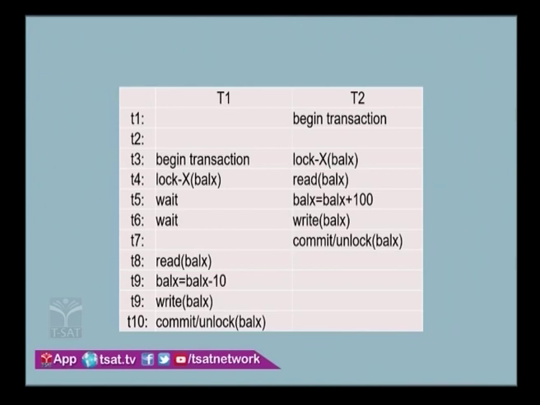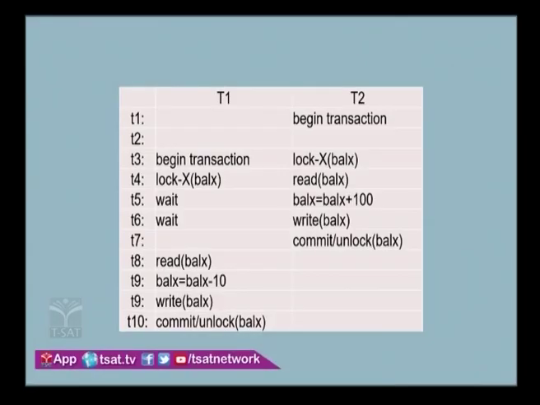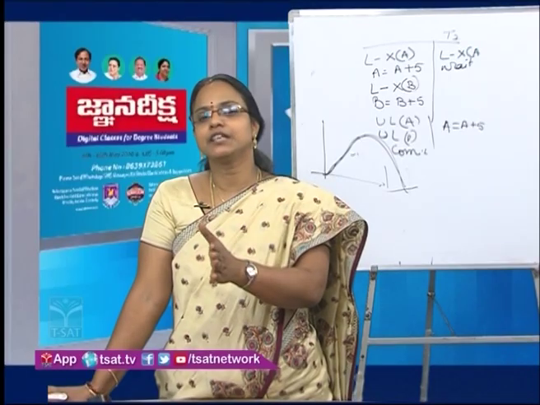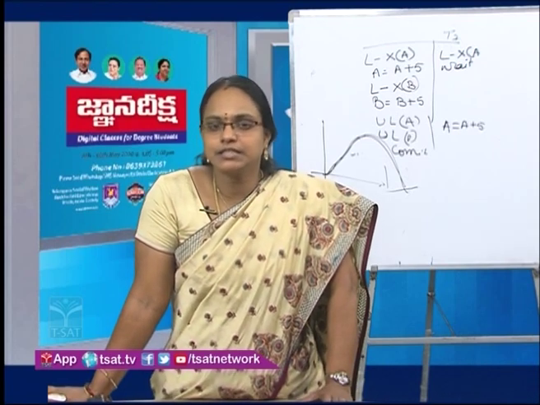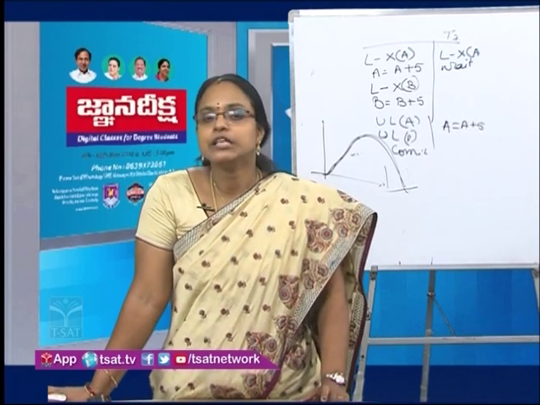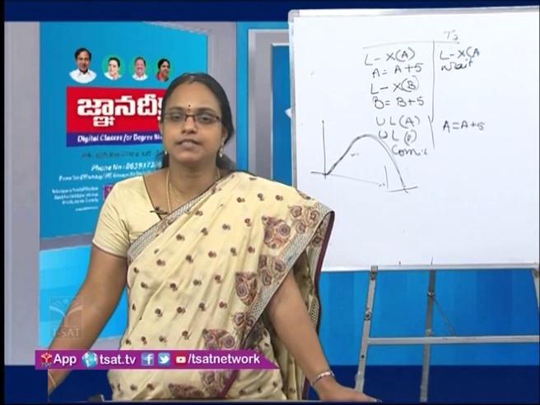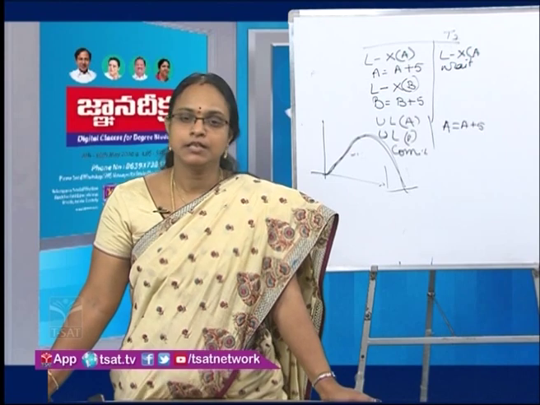Once the transaction T2 completes its execution, commit will be executed. Once the commit executes, all the changes that the transaction T2 has made will be stored in the database, and all the locks it has applied will be released. Once the lock is released on balance X, it will be read by the transaction T1. So when it now reads the balance from the database, whatever update is done by T2 which is committed will be seen by the T1. So now once it reads the balance of X from the database, it will be the updated balance from T2. So this is how the two-phase locking protocol will solve all the three concurrency control problems.